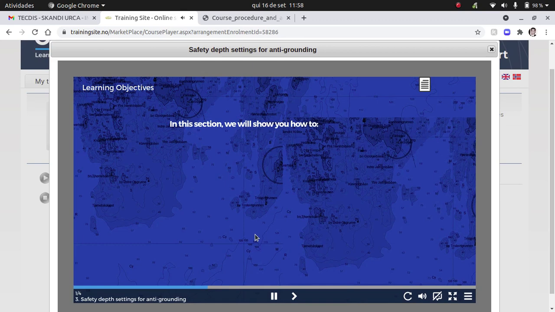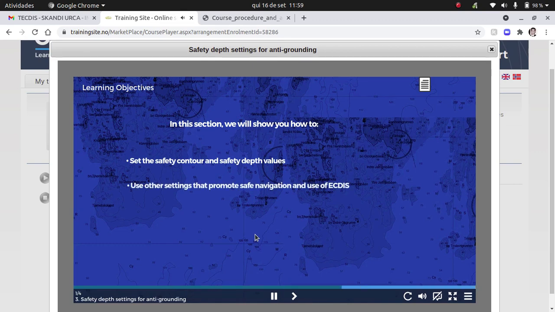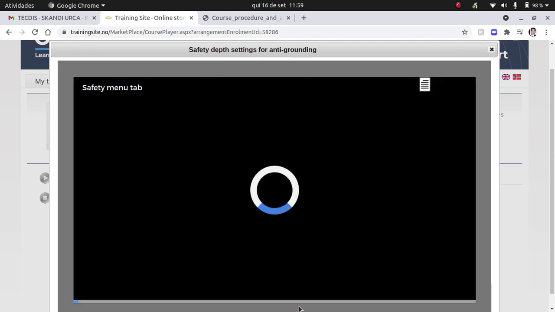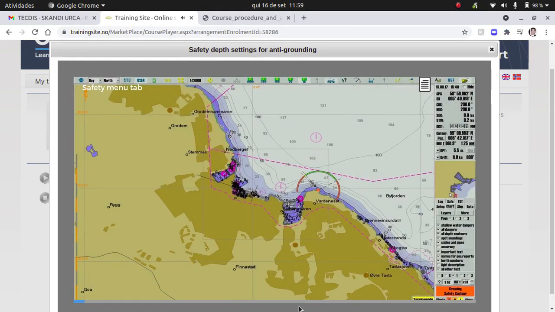In this section, we will show you how to set the safety contour and safety depth values, and use other settings that promote safe navigation and use of ECDIS. Opening the menu reveals several tabs, one of which allows access to some of the safety settings for ECDIS, such